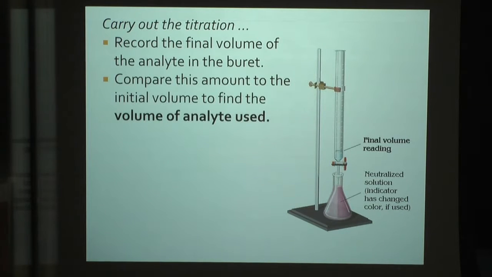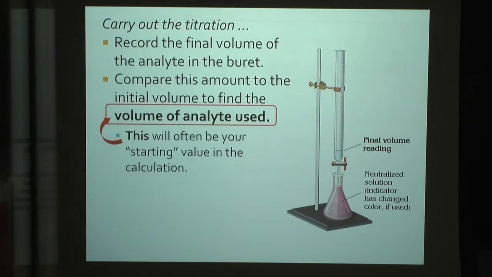But at the end, you make a total final volume reading, write that down, and then we compare that to the number you wrote down before, to figure out how much was used, how much you dispensed or drained out of your burette. Because that number, typically, as I hinted at here, circling that, is going to be the first number